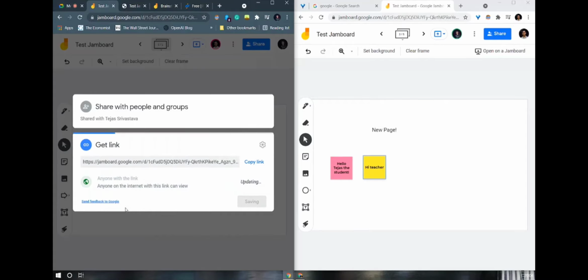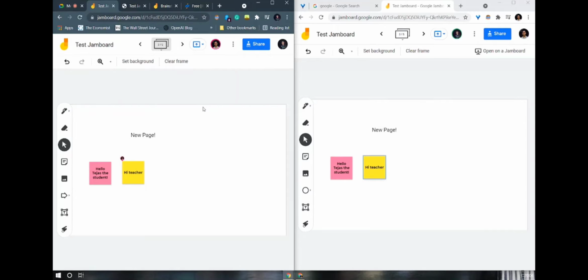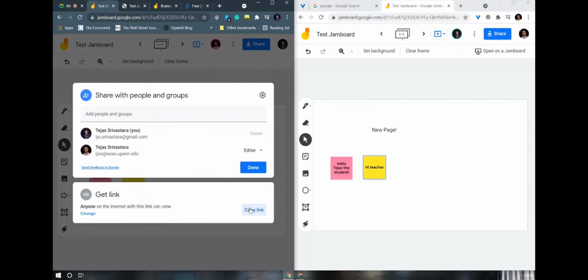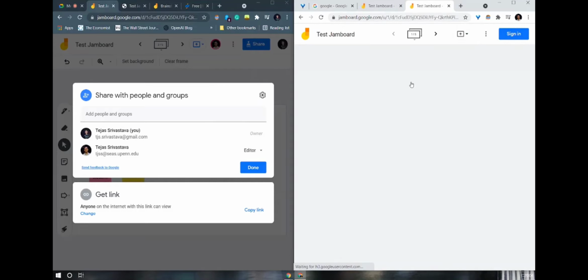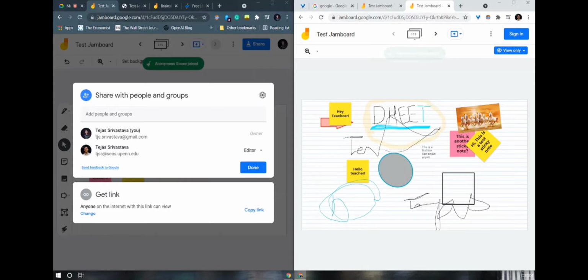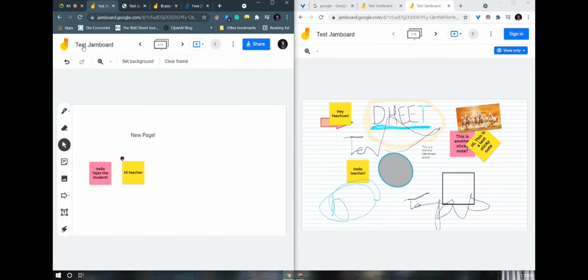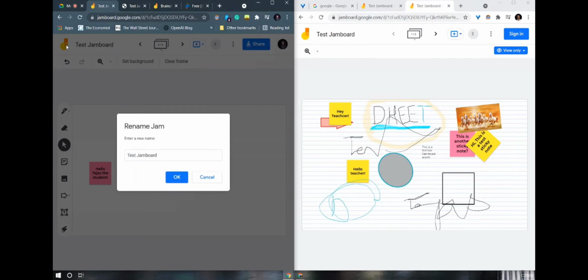almost anyone without knowing their email IDs. So here we click on this anyone with the link option. You have the option to add them as either an editor or a viewer. Here we have added them as a viewer, and you just copy the link. Anyone who has this link, you can share it through WhatsApp or your Zoom class chat, can open this link and has joined as a viewer. Again, you can change the option from viewer to editor by trying to give them access to the